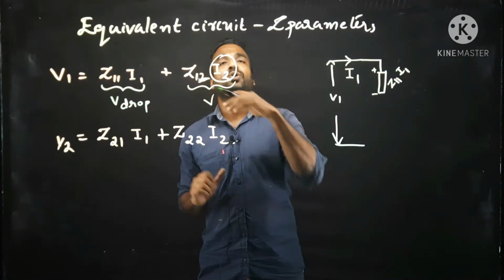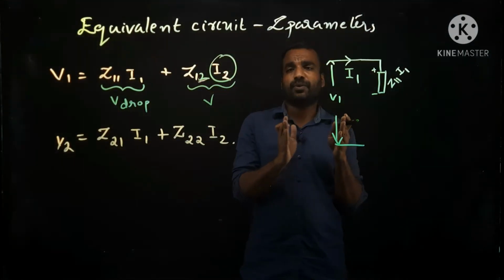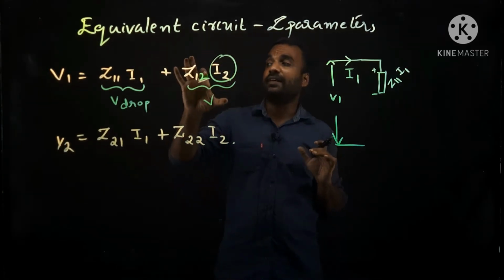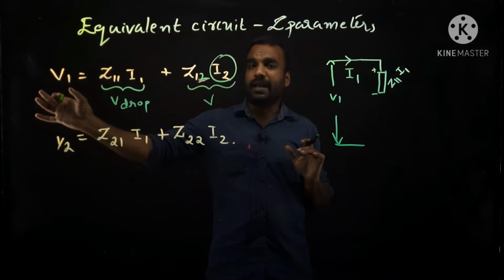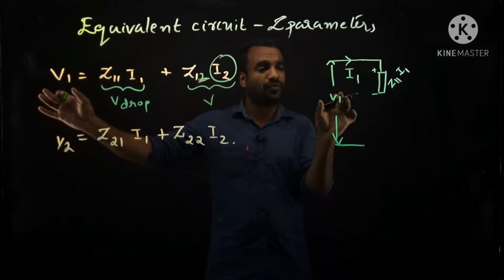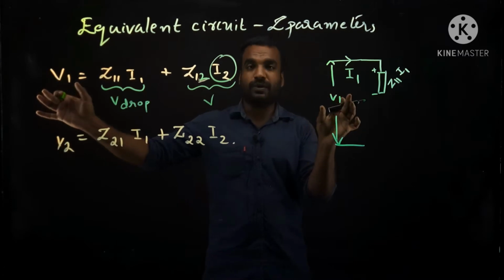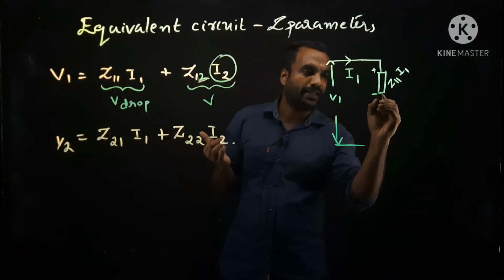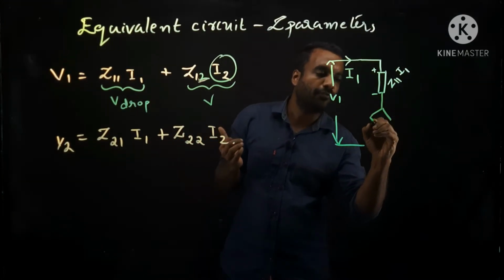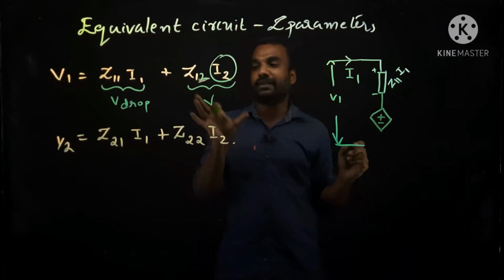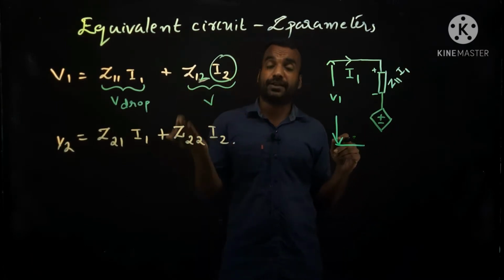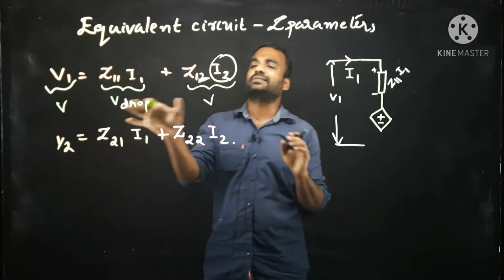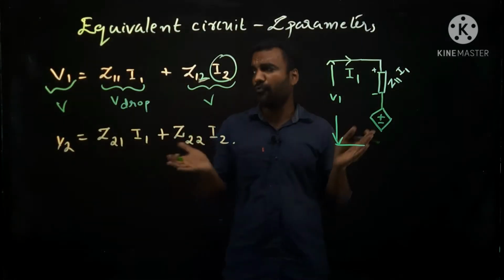You can see this is also a voltage. But I2 is not with me now, because we are drawing the primary side. But this component of voltage, which should be accounted as a part of V1 or the primary voltage, is depending on some other current which is not with us. So I have to use the concept of a dependent voltage source. It may be a voltage drop or a voltage source. Anyhow, the left side is voltage, so both the components on the right side should be in terms of voltage.